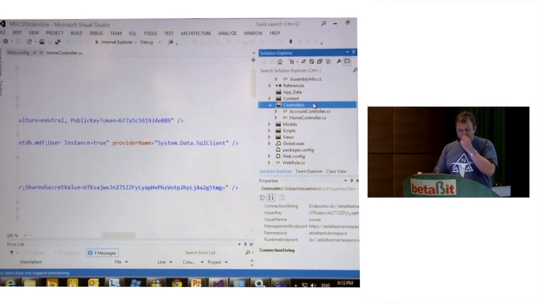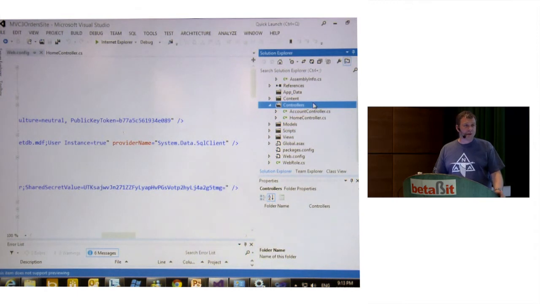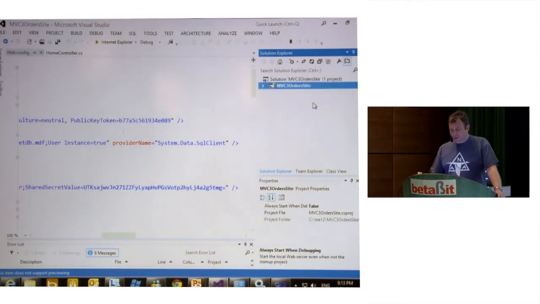And the other feature is that we give you a little bit of a start for creating worker roles that are using this. So I have the MFC order site that works. And now what I'm going to do is I will add, whenever it lets me,